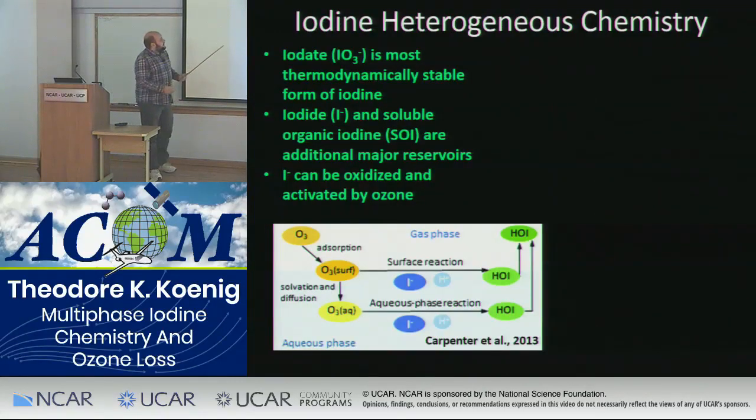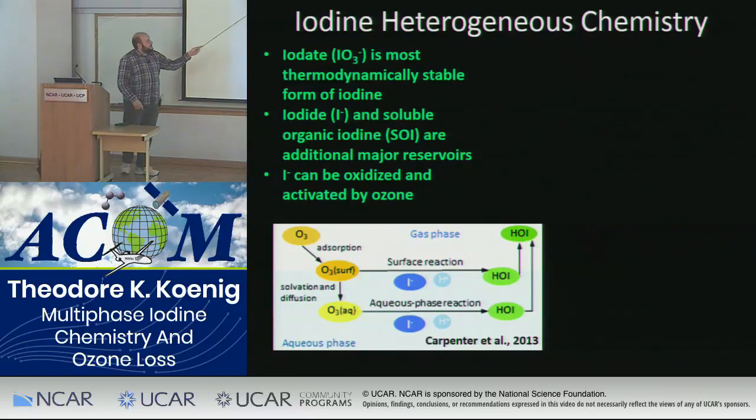Another aspect of iodine I'm going to be talking about here is the heterogeneous chemistry of it. So that inorganic ocean source follows essentially this basic scheme. Ozone gets adsorbed into the surface, it reacts with iodide, oxidizes it to HOI, and then the HOI can be emitted due to its vapor pressure. You can also have the HOI react with iodide, and that will produce I2, which can also be emitted. So the essential mechanism for this release from the ocean surface is that it's ozone driven. Ozone impacts the ocean surface and stimulates iodine emissions.